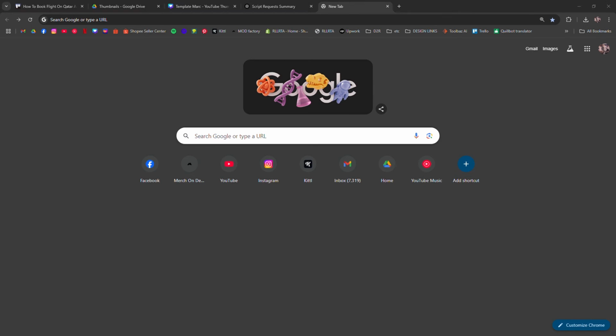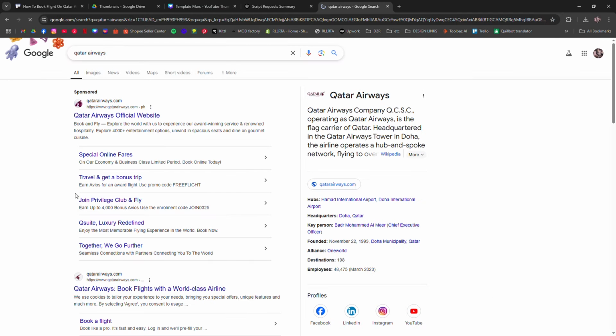How to book a flight on Qatar Airways online. I'm going to tell you how to book a flight on Qatar Airways online. First, go to the Qatar Airways website by searching Qatar Airways on Google or visiting their website